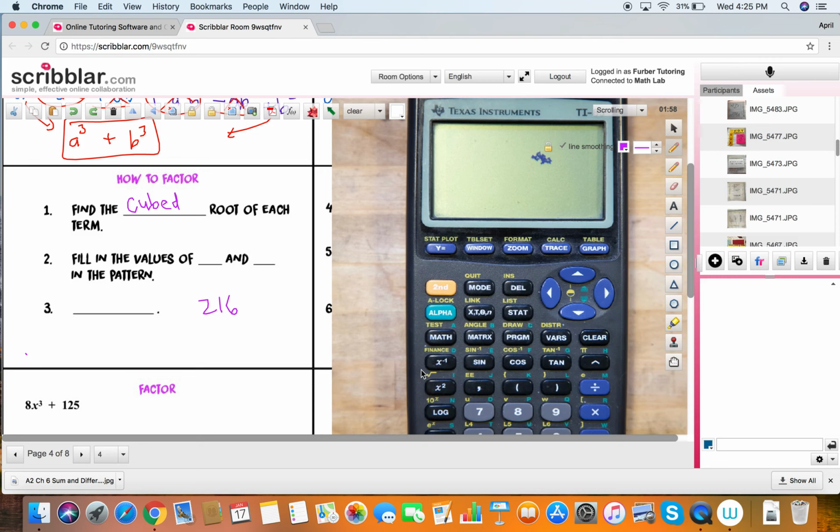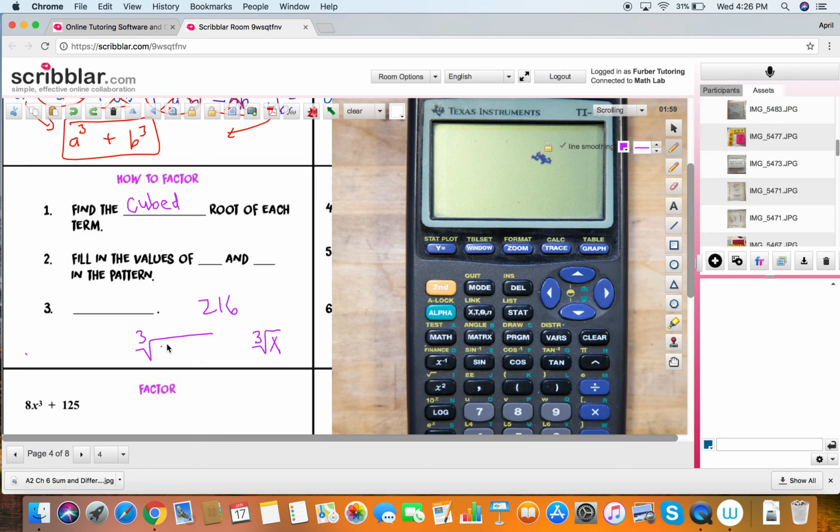Now we're going to do a bunch more with other roots. We're going to do cubed roots, fourth roots, fifth roots, sixth roots. We're going to do that later in this semester, okay? But for the purposes of finding the cubed root of 216, we would push the math button. And when we push the math button, you're going to see up here a list of things that you can calculate, okay? And one of them is going to look something like this. And that is telling you that you want to find the cubed root of something. So when you hit that button, this should pop up on the screen,